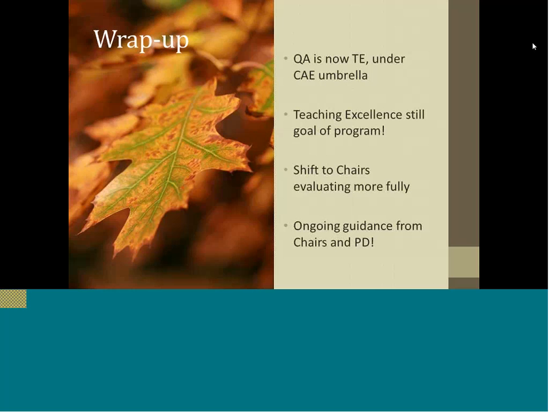remember, we're still feeling our way here. It's a new process. You might have questions for your chair, which are perfectly fine to follow up with your chair on that type of thing. It will be the first time you're getting an evaluation under this new process that's looking at more things. And we may experience some changes in the form as we move along through this first fall of 14 pilot.